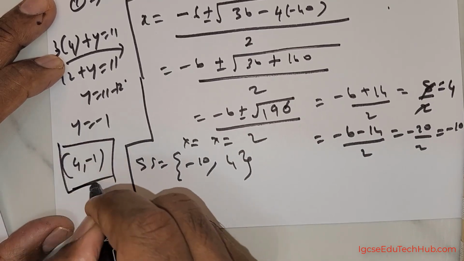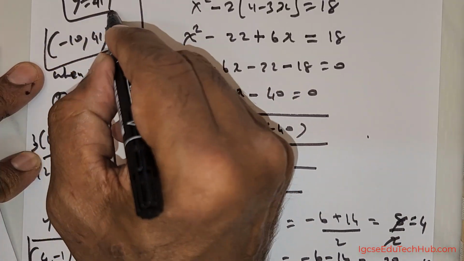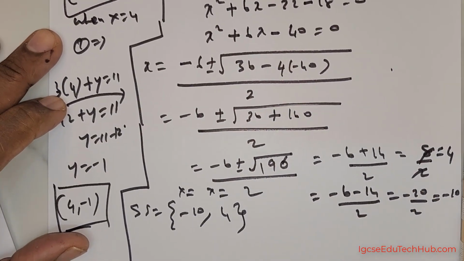So you can box this over here, box this over here. So that's the solution for this question. Students,